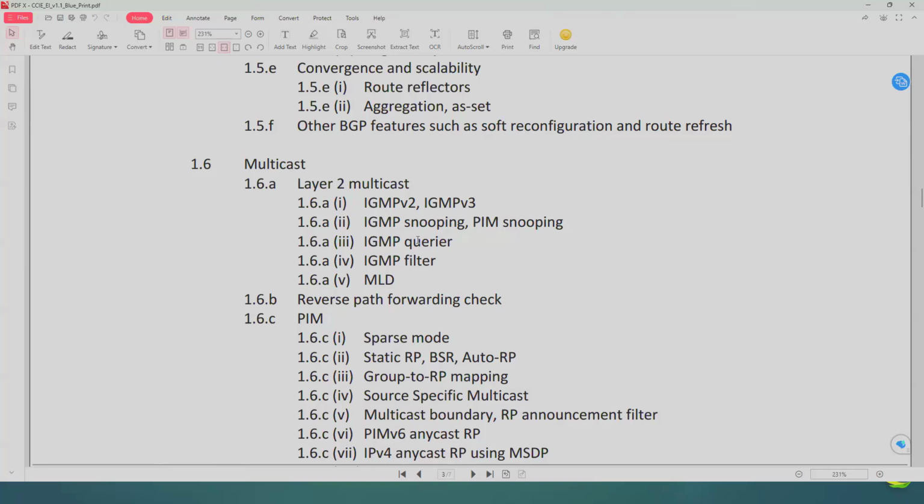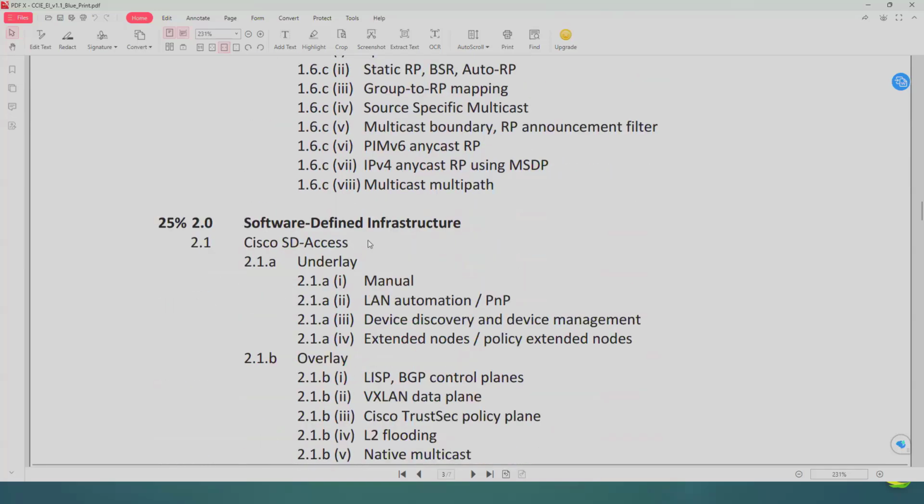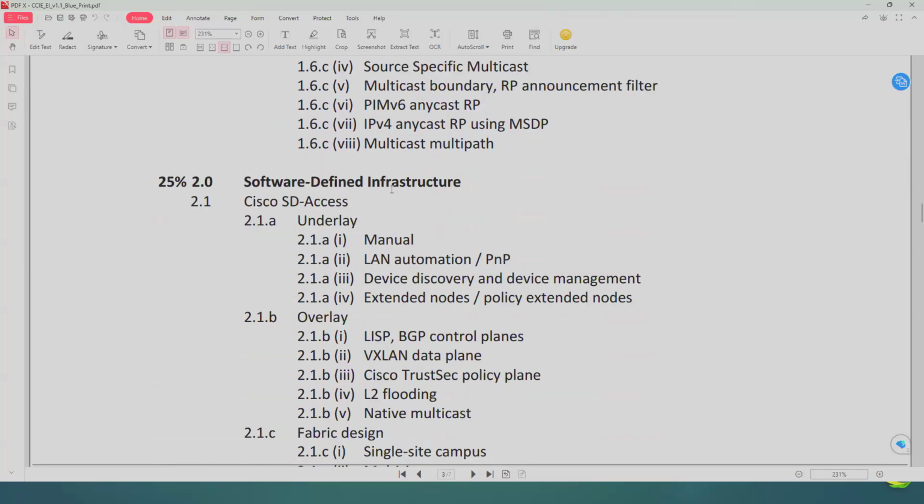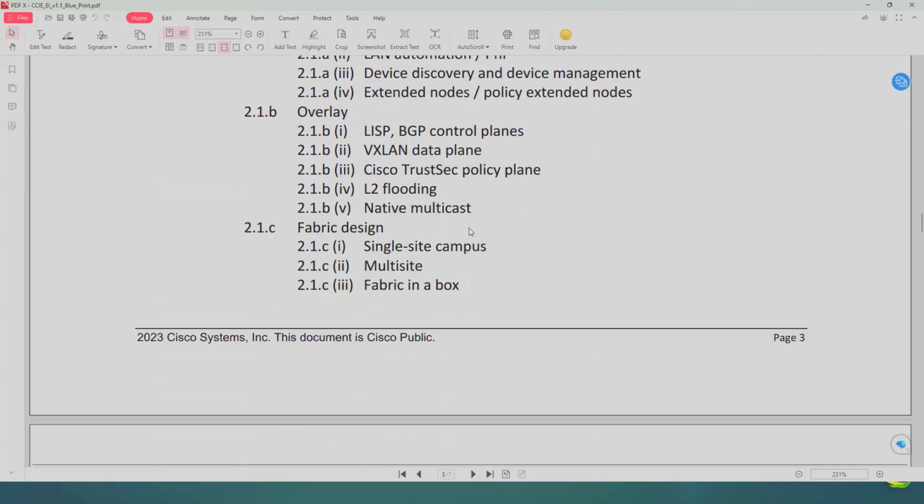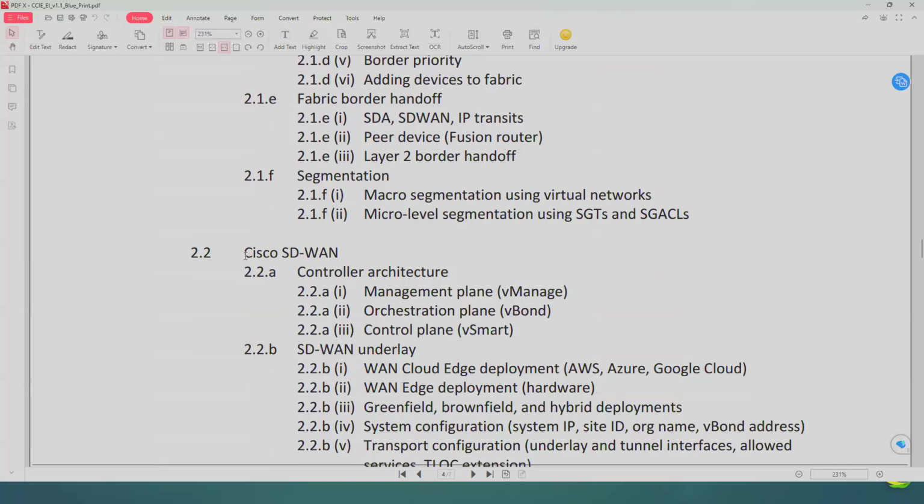And after this, we start the SDN, or software defined networking, or SDI, software defined infrastructure, where you can do it toward the LAN side or campus side, which is called SDA, or you can configure it toward the WAN side, which is called SD-WAN. So we'll cover all the important aspects, how exactly it works, how the decoupling of control plane and data plane